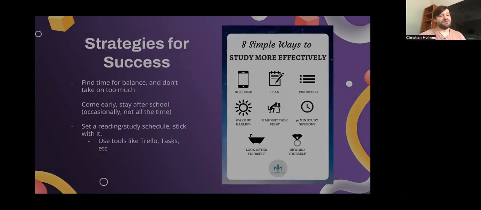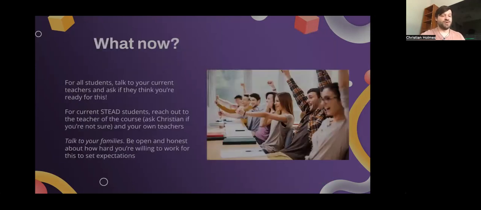So how do you be successful? Well, your teachers are going to help you with this, but managing your time is the most important thing that you can do. You must have a calendar. You must be focused, phone away, typically computer away, focused on the courses while you're there, and then dealing with the amount of work that it takes outside of those courses. So using tools like Trello, using Tasks, which is a Google app, these are things that we will help you with in these classes. We will not let you fall behind. We will help you.